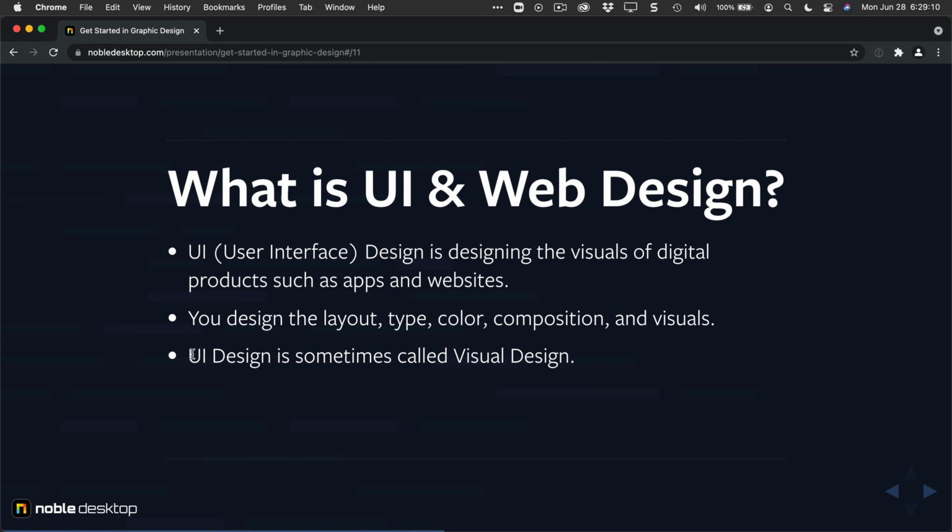Sometimes people say UI, sometimes they say visual design, sometimes they say web design. If I say visual design or UI design, I don't know what kind of design specifically. It could be apps, it could be websites, it could be both. UI just means some sort of user interface. Now, if somebody says specifically, I'm a web designer, then I know that they're doing websites in particular, and maybe they don't do apps, for example. But a visual designer or a UI designer, they could do a wide variety of things. They could do emails, they could do apps, they could do websites, they could do